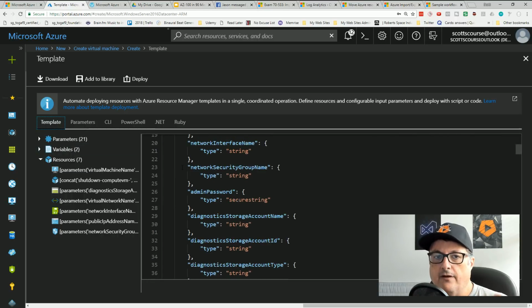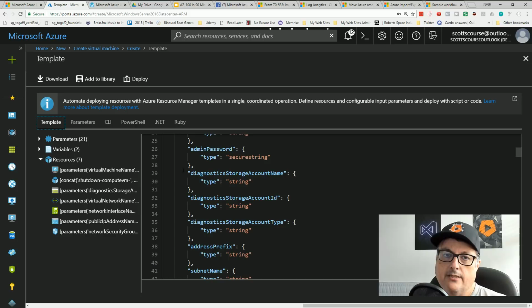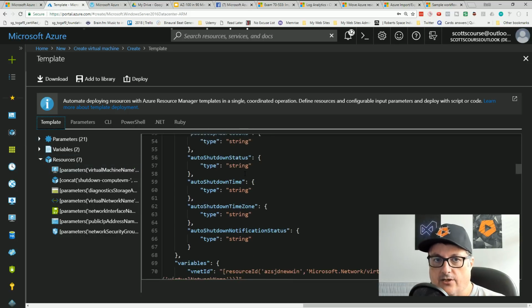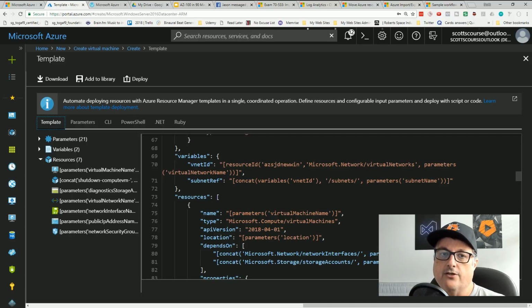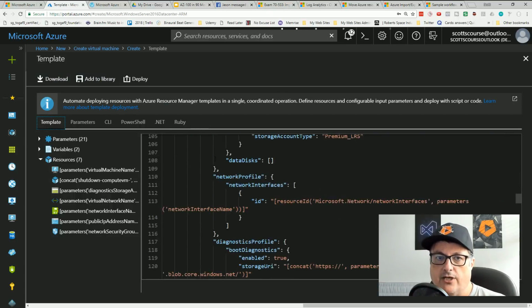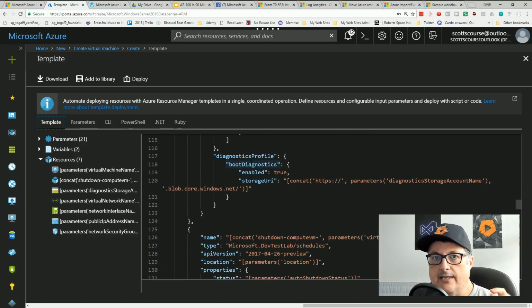So it's absolutely important that you go into a template file like this, into JSON. I have a video on YouTube, I believe, talking about template files and the syntax for what's mandatory and what's optional and stuff like that. But getting started by creating a resource and then downloading the JSON template for it is imperative.